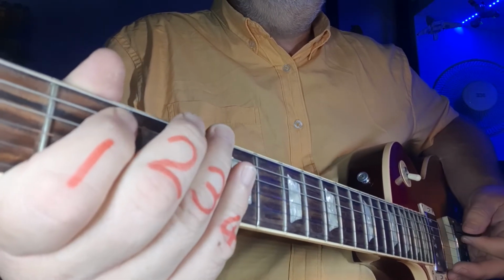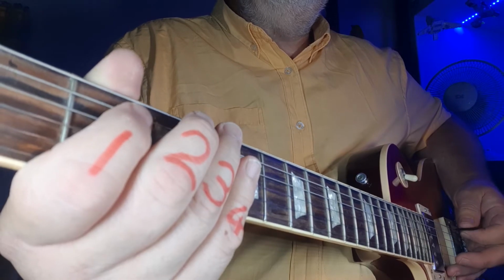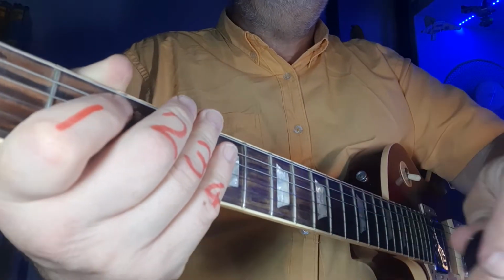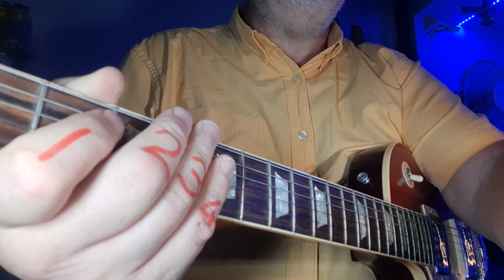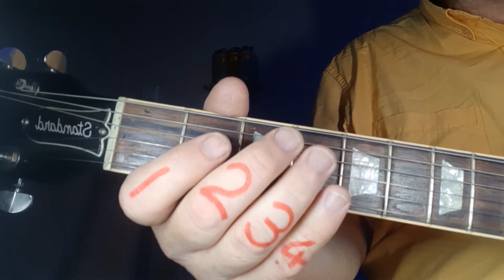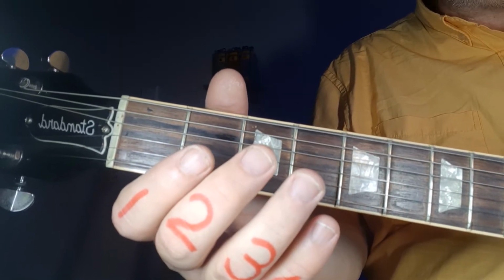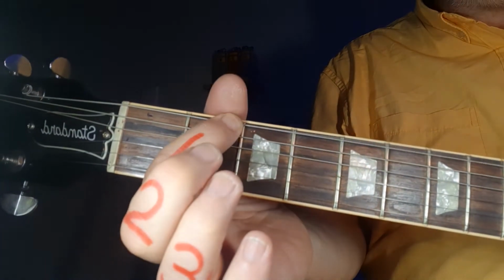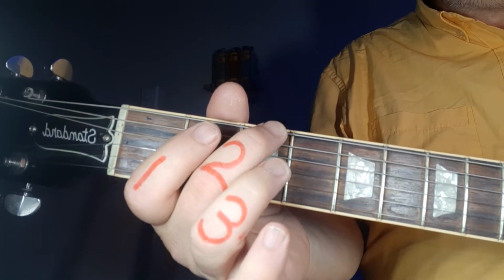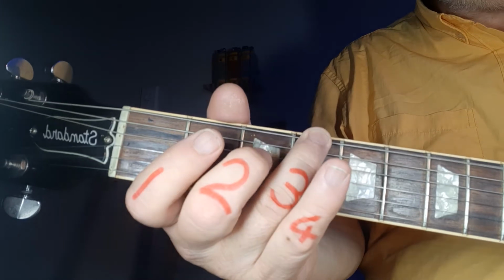After that you have this cool little chromatic riff which I'm going to show you now. So let's focus one more time to your fretting hand. This riff is going to be only on the 6th string. You're playing the 6th string open, then fret 2, then open, fret 3, open, fret 4,